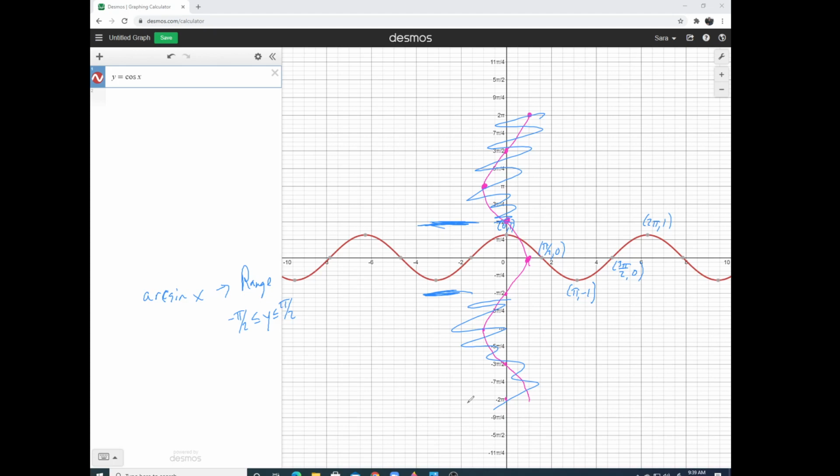Nalina. It's not a function. It won't pass the vertical line test. So I can't cut it the same way. So I have to look for a place which will allow me to have a function, and we just look for the easiest place, the place that still is right around your origin. And so the way that we cut it here is from here to here. It passes the vertical line test everywhere in between those lines. And so if I were to graph the inverse cosine,